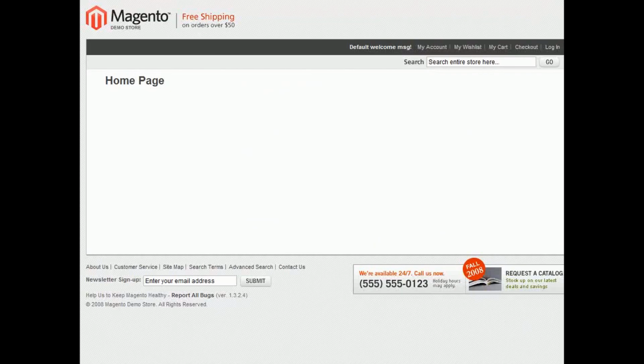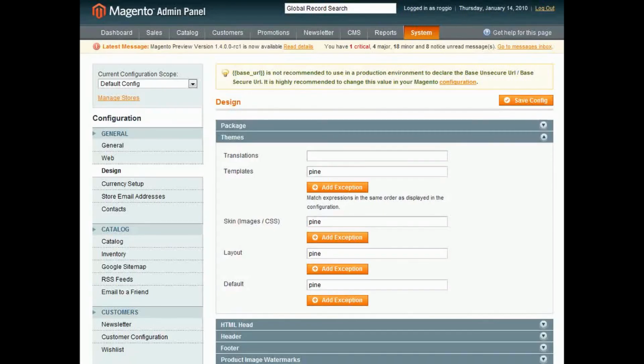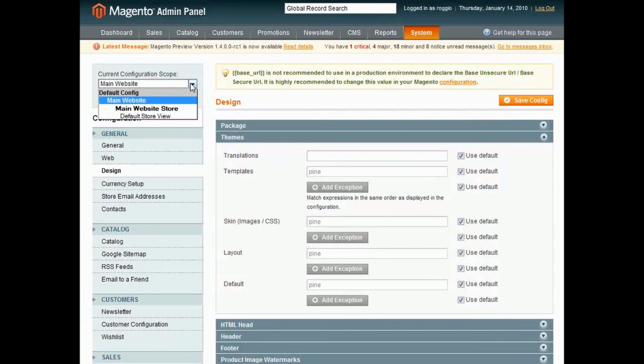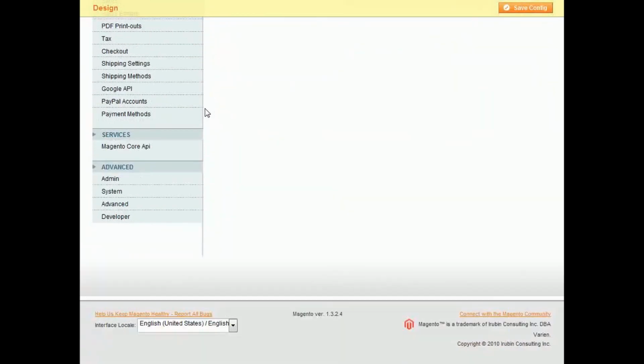Okay, I'm going to go back now to the admin panel where we were just working. I'll put those themes away for the moment, and I am going to go ahead and change the current configuration scope. This is important to the website that we're working on now. The feature that I'm going to show you isn't available if you're using default configuration. In fact, maybe I should just show you that. We're going to come down, we're going to go to Advanced under Developer,